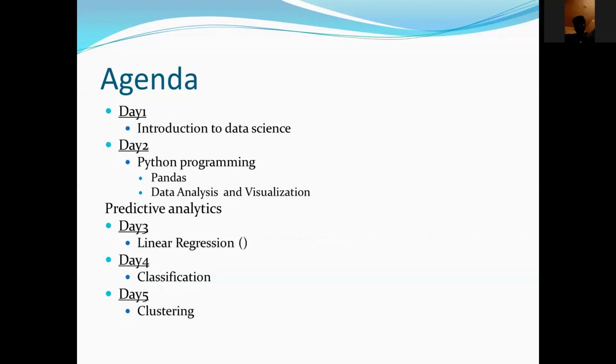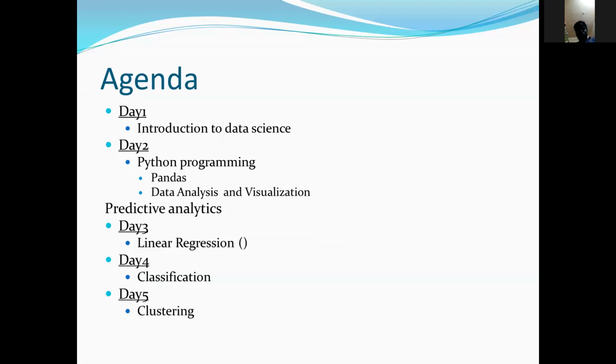And one of them is called predictive analytics. I would speak a little more about predictive analytics in a short while when I start my day one lecture. But to just give you a glimpse of what we are going to see on day 3, day 4, day 5, we are going to see some of the concepts that are very, very popular in the data science world, called predictive analytics and different types of predictive analytics, how to perform them, and the three